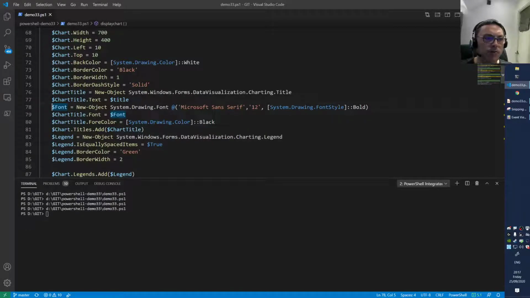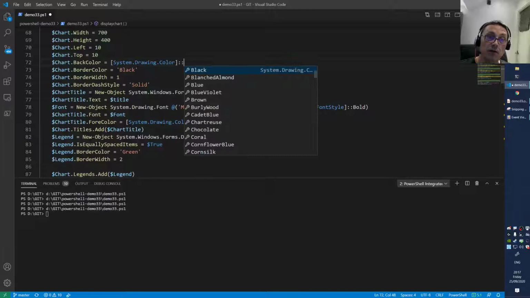Yeah, perhaps it's nice to play a little bit with the background color. Let's try. So here we have white, and here you can do the same trick. So this comes from .NET, right? A System.Drawing.Color. And inside of the colors, you have several colors, of course. And if you, for instance, remove this white, you delete that, and you do a control space, you get all the possibilities that you have.